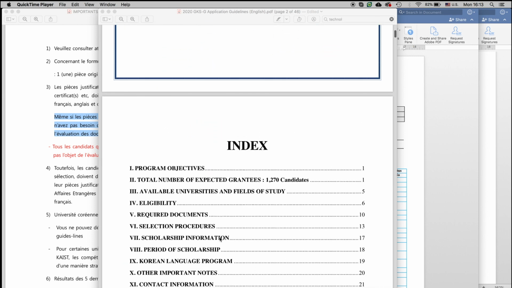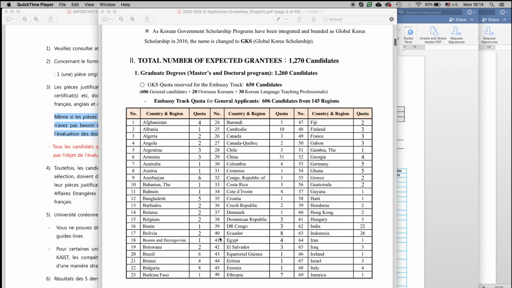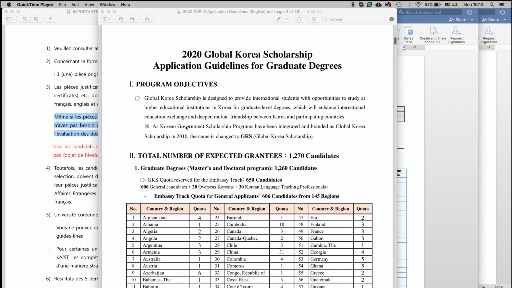So let's start from the beginning. It's 46 pages, as I said, but some points are much more important for you to know. So here is the first one. What are the objectives of this program? You can go through and read it, but what I'm more interested in is the number of expected grantees. Okay, so for this scholarship for this year, the total number of expected grantees, how many people will get the scholarship in the whole world, is about